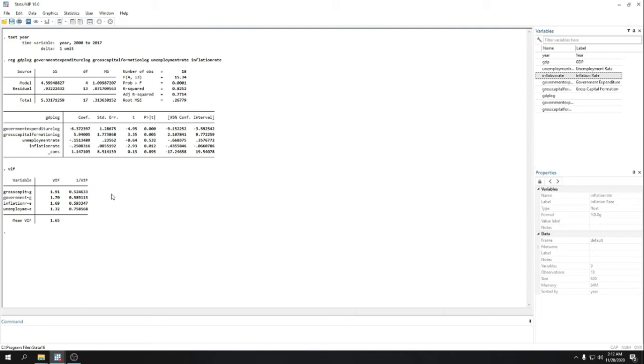But if you omit a certain variable, there is a big chance that your model has omitted variable bias. But in this case, the values of our VIF are less than 10. It means that our independent variables don't have a strong relationship with each other.